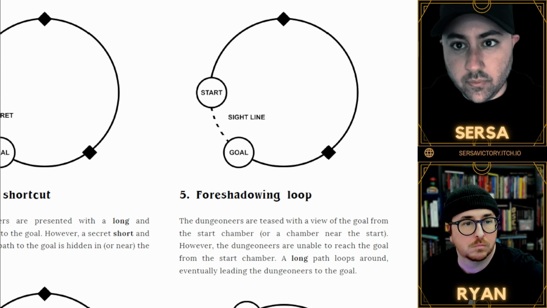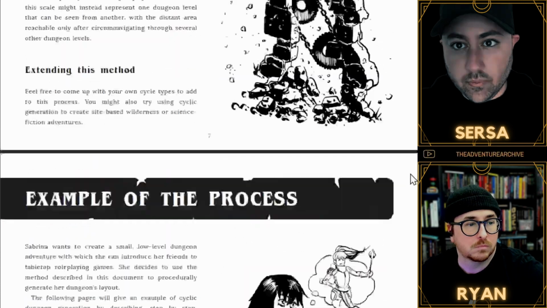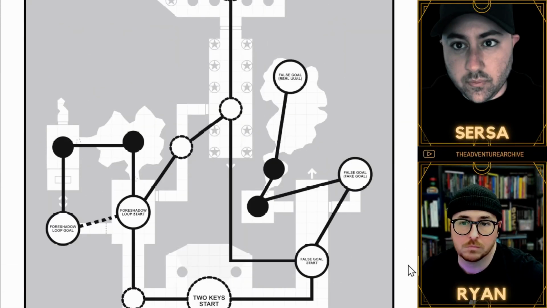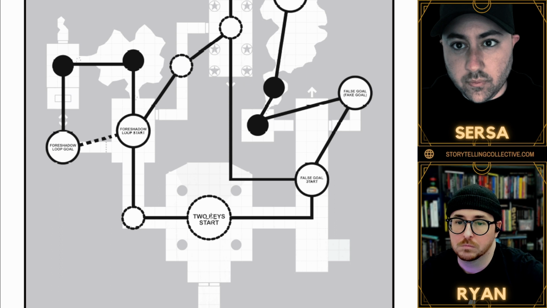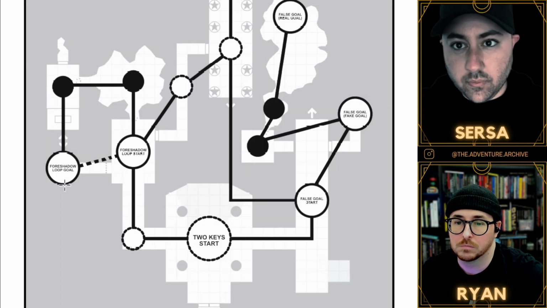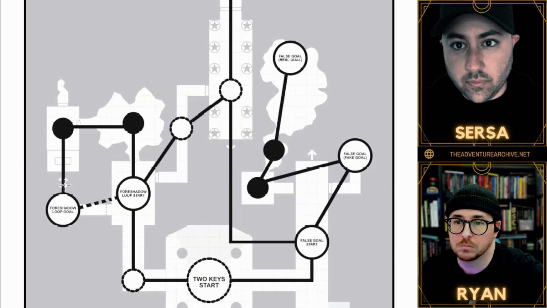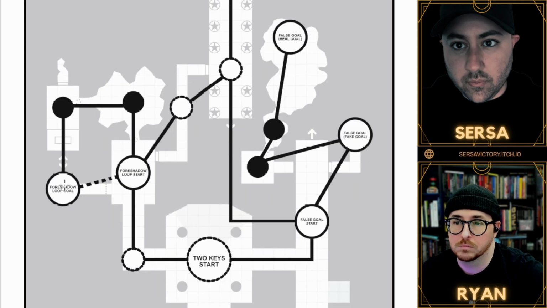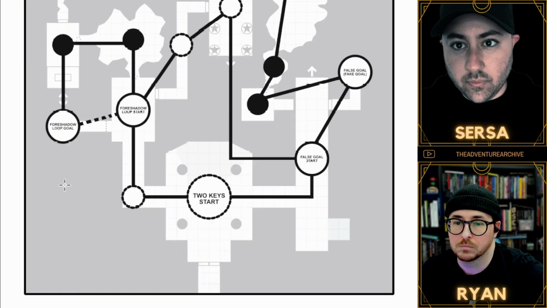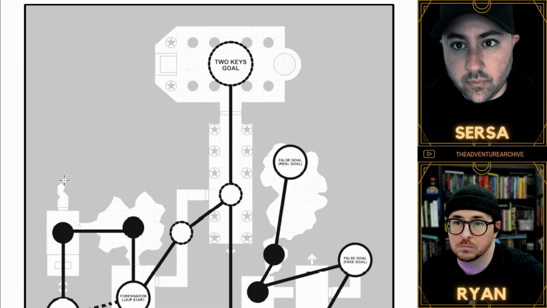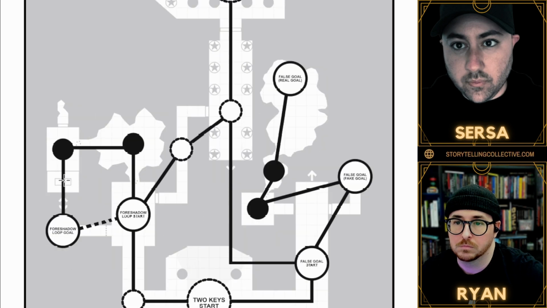This also has a foreshadowing loop, and the way this one works is the players step into the wing of the dungeon and they see through a portcullis the scepter that they need. The first wing was the crown, this one is the scepter, but the portcullis is not only rusted completely shut, it is covered in instantly fatal yellow mold. The players have to make their way around through a broken down wall, open up a sarcophagus, and climb through a hidden little crawl in the bottom. Eventually they make their way around to the room that they could see from the beginning but couldn't get to, and you have that moment of, oh cool, we're around to the spot that we couldn't get to. And I think we had something like that in the Victory Basic dungeon that you had designed